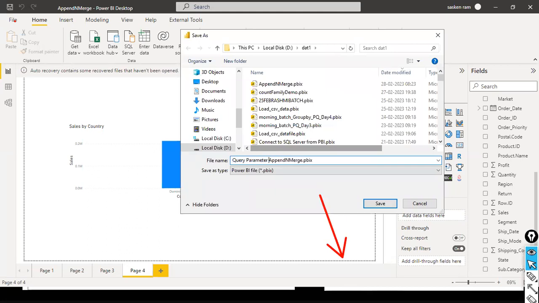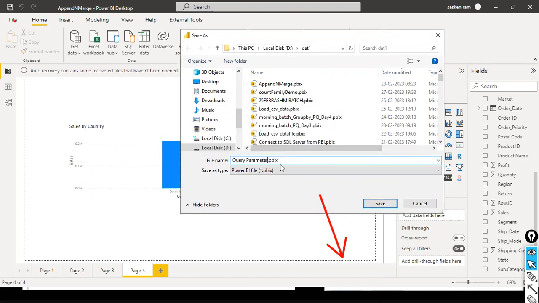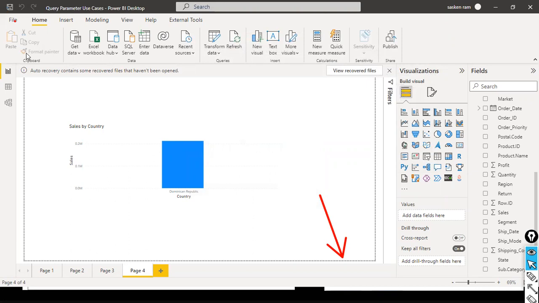Apart from this, there are other use cases, like I mentioned at the outset of this session, for the query parameter. Release management. In the case of release management, we can also enable the users to select the workspace dynamically. For example, here,